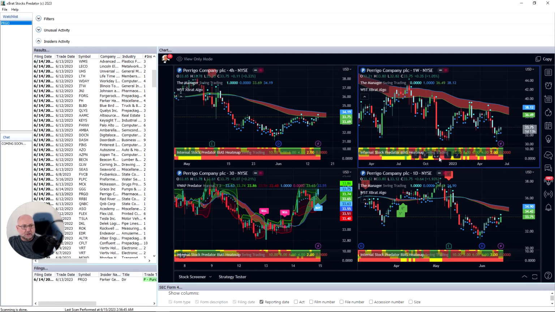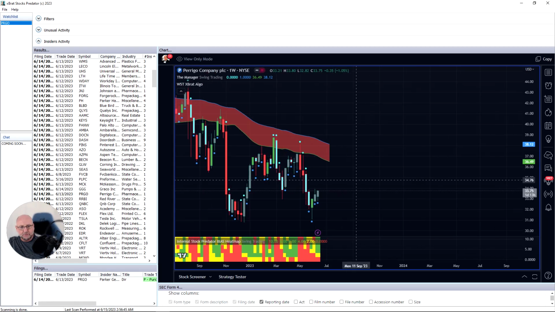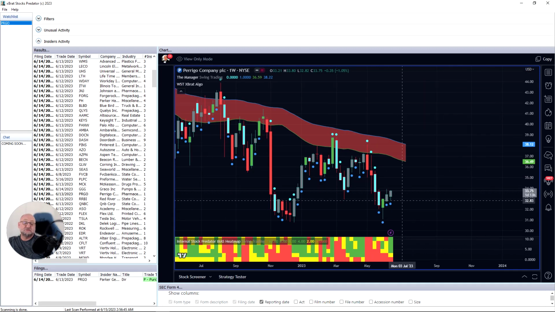We can maximize the weekly chart, and we can zoom in a little bit. Again, we will teach you how to use the manager, but this is very basic stuff. There are 4 colored candles in the manager. A red candle is a down candle, but it has more volume than the previous week, so there are a lot more sellers. With the dot up above, for example, that is higher than average volume, so there's a big lot of selling